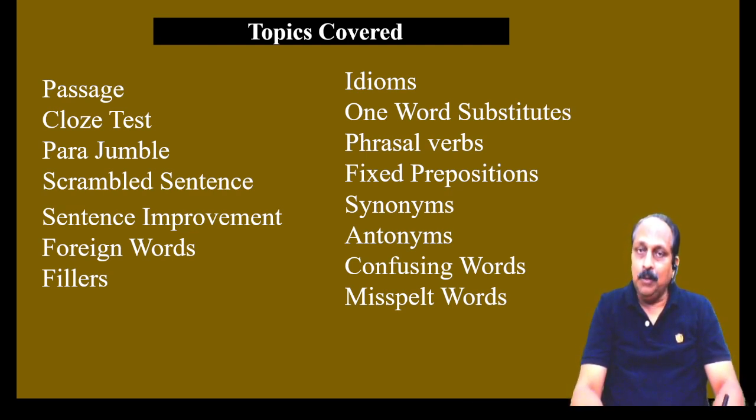When it comes to vocabulary, that is an ocean. You have to learn about 10,000 effective words. And there are two sources. One, you can take each topic, learn about 200 or 300 words, one approach. But the best approach, you have to learn from The Hindu paper, editorials, because you can learn from the context. That way, that is the best approach because if you learn words from a context, easy to remember, easy to recollect.